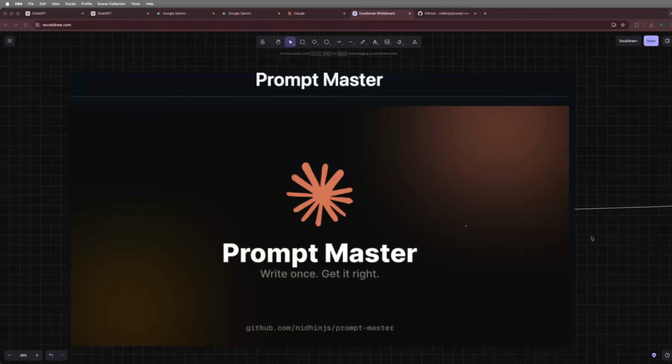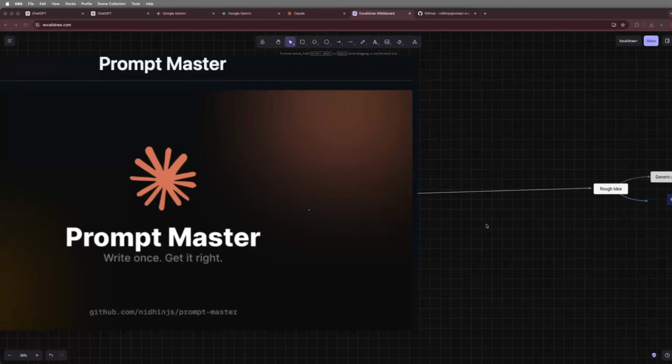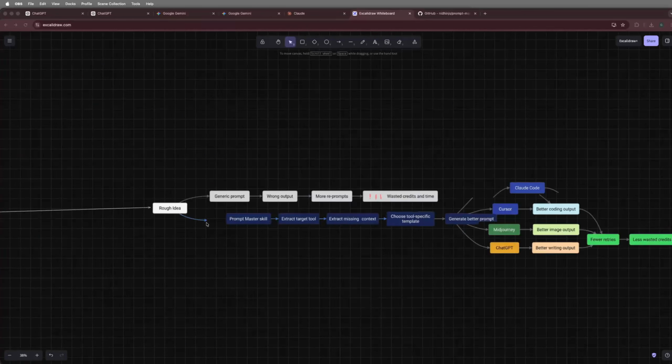If you want better prompts, you want to stop wasting tokens and you want to stop wasting time, this prompt is for you. So the old flow was you have a generic prompt, you have the wrong output, you need to reprompt it many times, you have wasted credits and time, you have a degraded context window because you're polluting it with useless information. But with the new skill that I will just show you, you have an exact target tool,